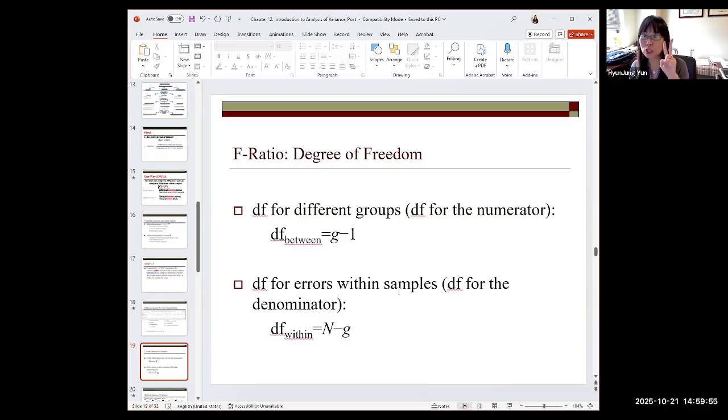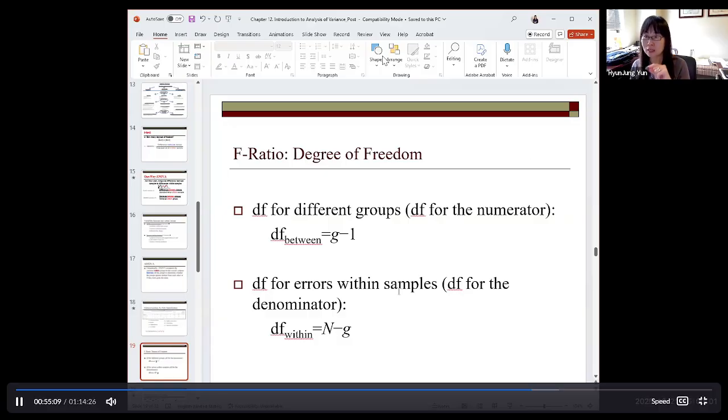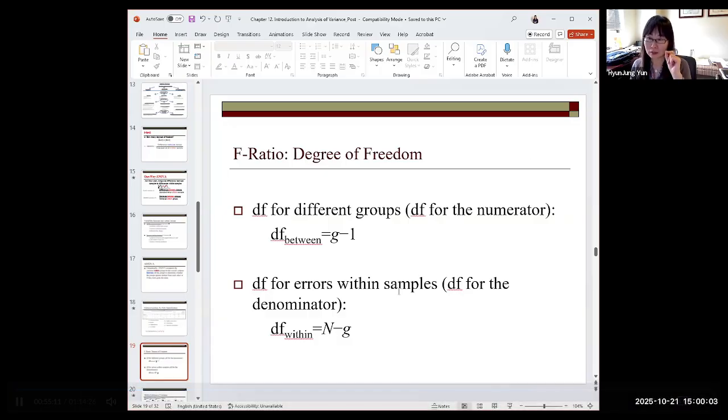We need to know two degrees of freedom. One is for between group degrees of freedom. Another one is the denominator, for within group degrees of freedom. So when we compare between groups for the theoretical structure, or numerator, so between Republican, Democrat, and